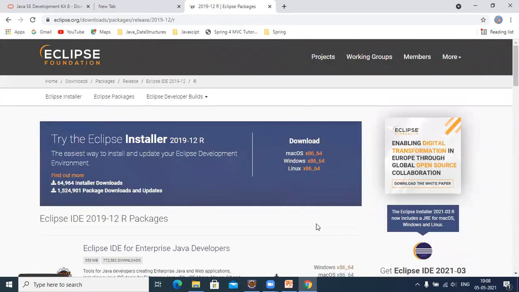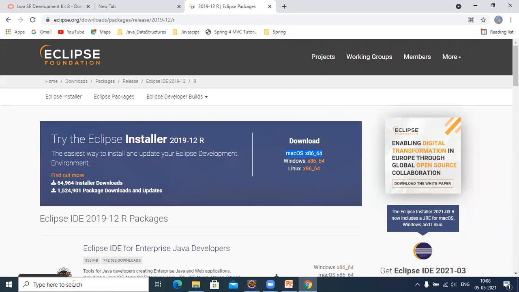Okay, 18 is not displaying in this particular link. So you click on 2019 December. Sometimes links will be removed, so you can select the 2019 12 release. For Windows, you select this, for Macintosh, this one. And make sure again it is 64-bit.